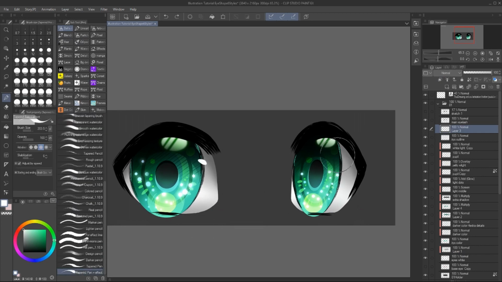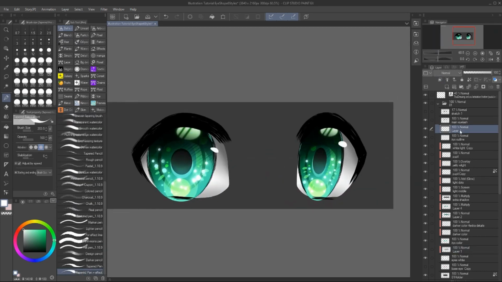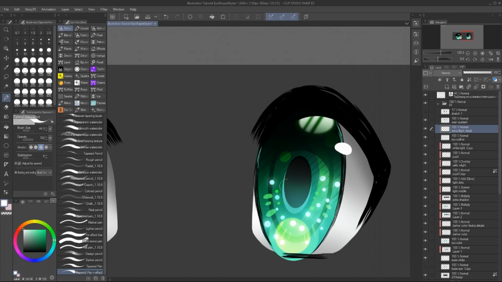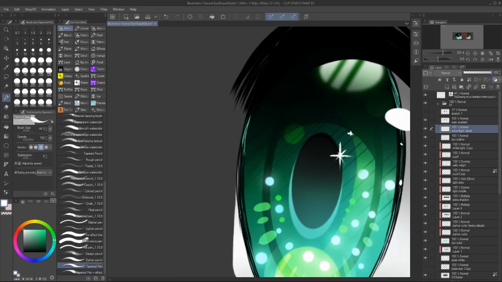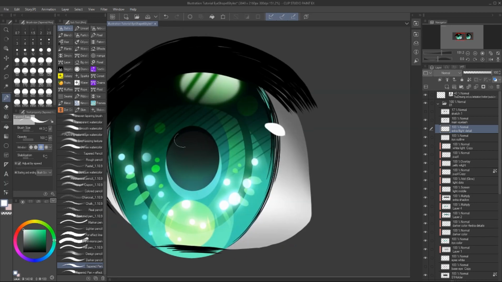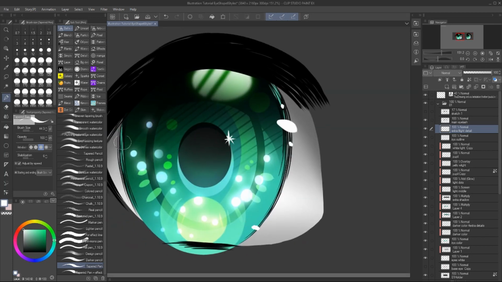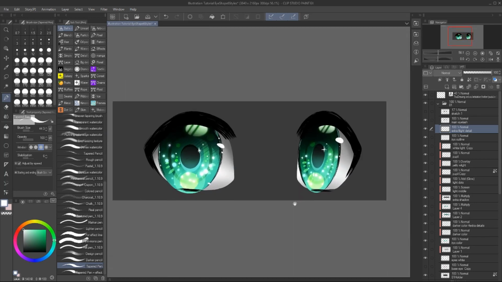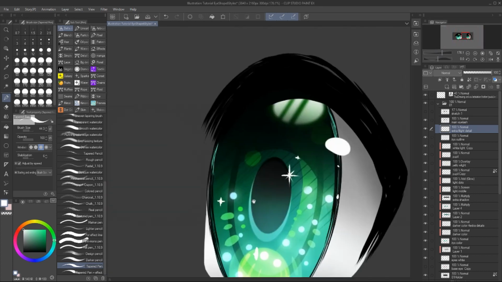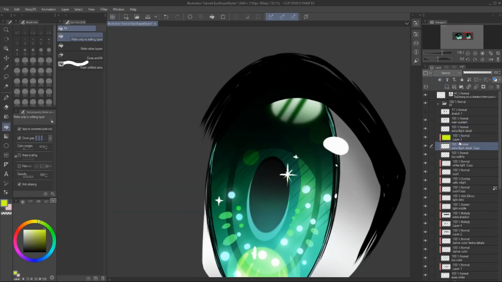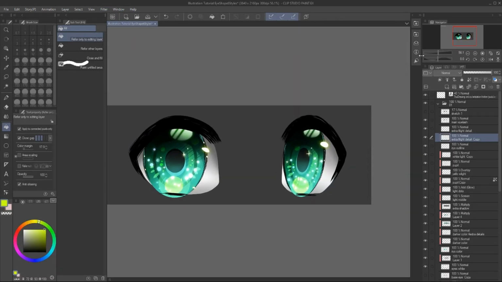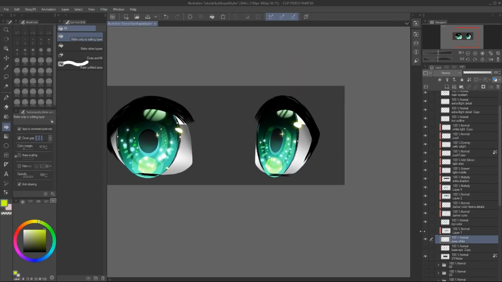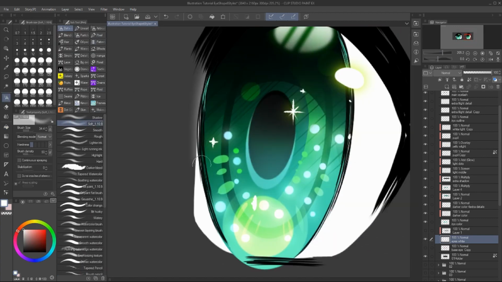Now I moved on to the eye whites layer and just added more shadow to it and made a new layer with extra dots and sparks. Now because we have a lot of gray on the eye whites, the glow really pops off. And here I'm duplicating again the spark layer, changing the color to a green and just adding a blurry tone to it. So now I have a nice glowy